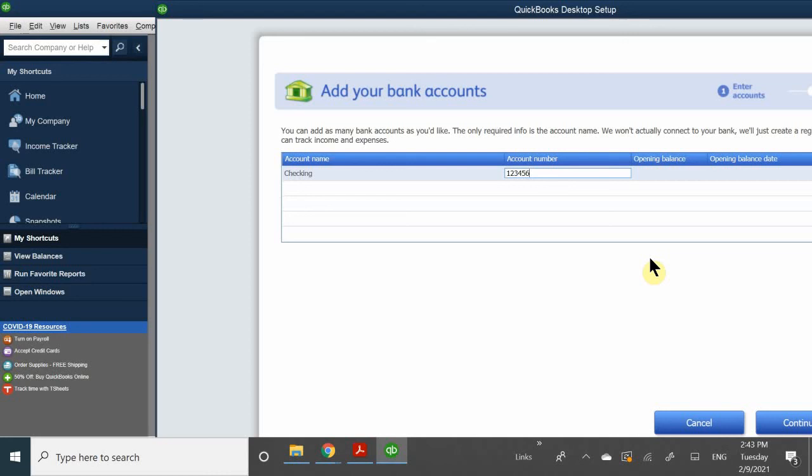And then the next question here on this very last corner is, what is your opening balance in your bank account? Now, rule of thumb here is you never want to enter in that much information when it comes to opening balances because there are a few rules and a few regulations that you need to know and have ahead of time, such as, we'll talk about that in a few minutes. You need to have your bank statement. That's your number one thing that you should have in order to be able to enter in an open balance because